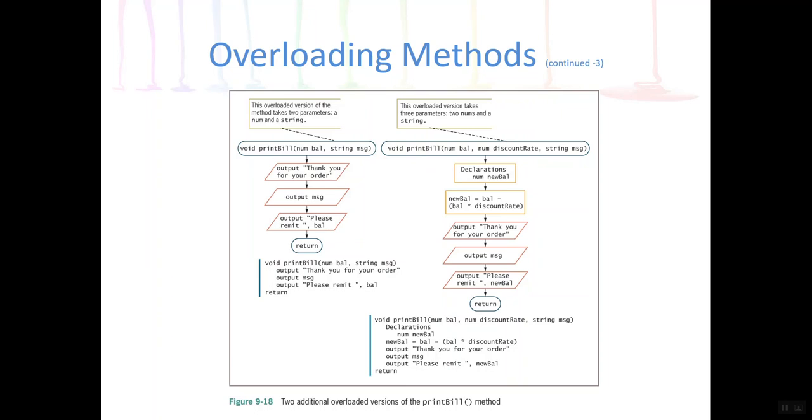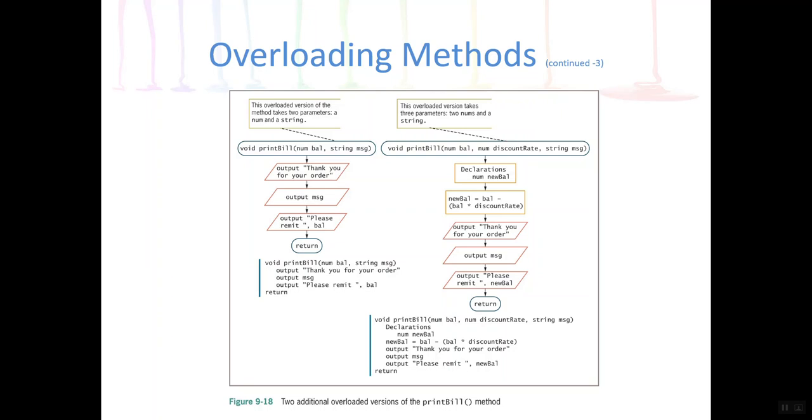So depending on the context, main may call any variety of these print bills. The key is that the program will know which one to execute based on the number and type of arguments